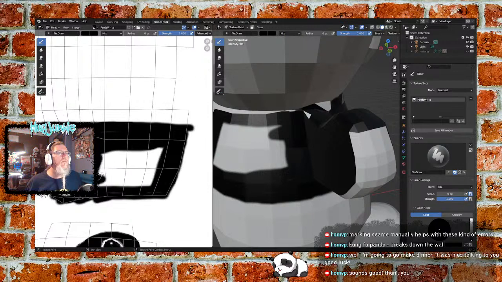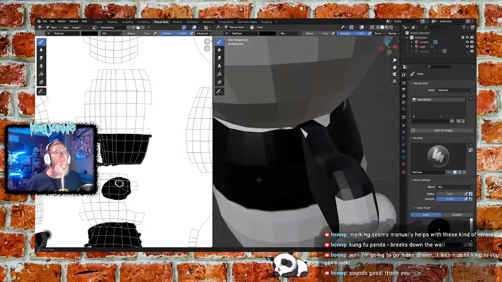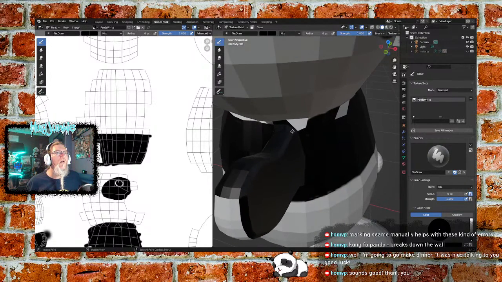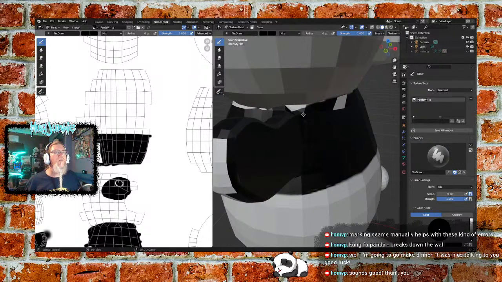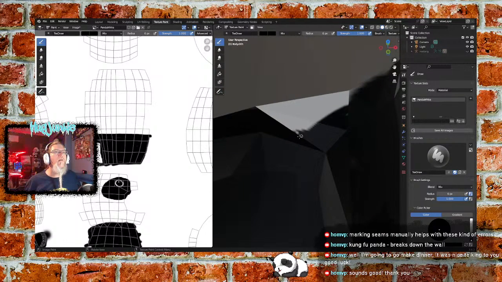Let's finish doing the body bit. We'll do a quick check over. I think the ears are done. It's just the rest of the arms, the rest of the body, and then we'll sign off. So that's that section. You can paint straight onto the model, because that would be awkward otherwise. Where on earth is this section? I know, yeah, you can just find the mesh and all that, but